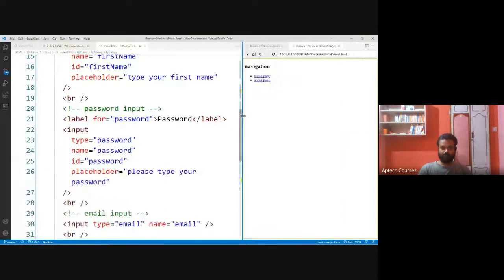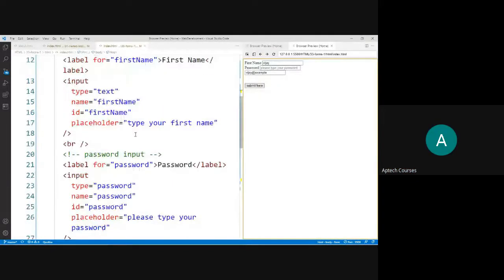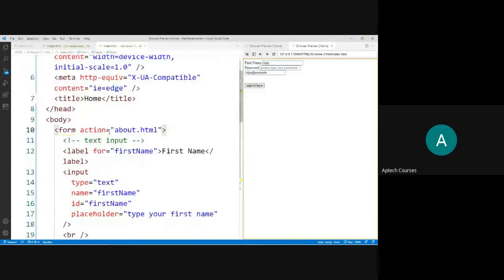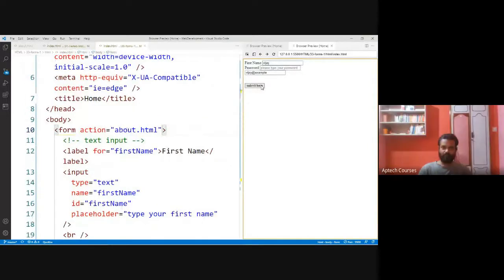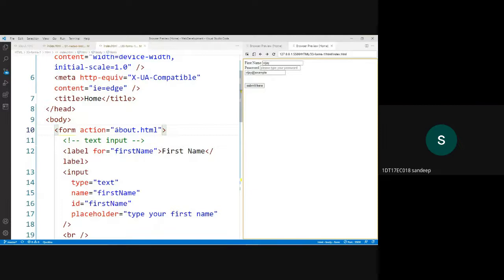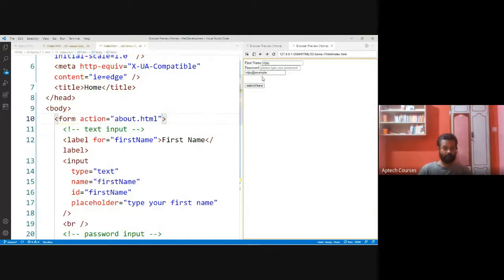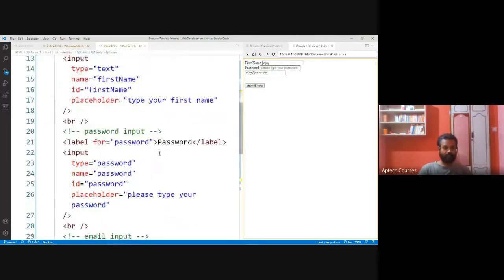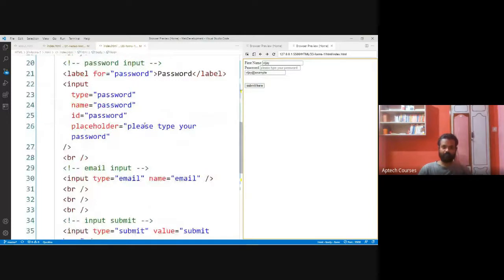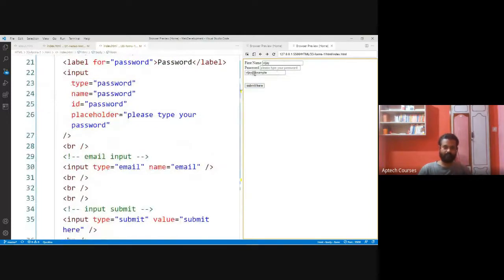Whatever the data we have entered, that data we are submitting, sending to the destination called about.html. If I click on submit, it is going to that page, about.html. That is the use of this action attribute. So basic validation we are getting in case of this input type email. @ symbol must be there.